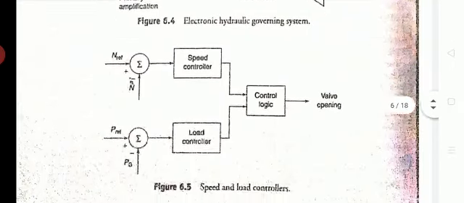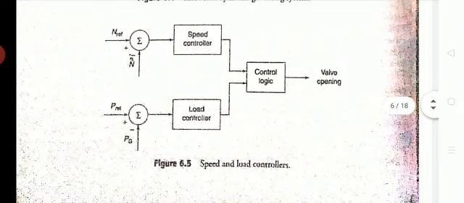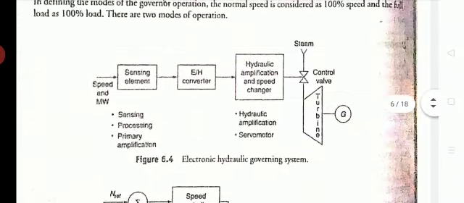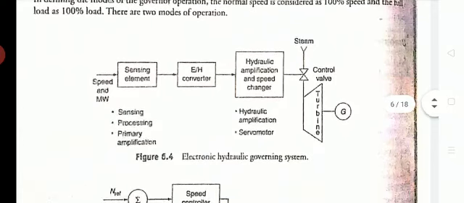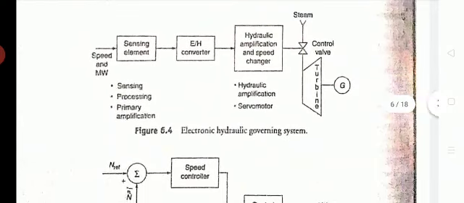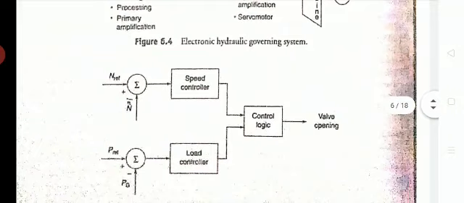In the governing system, this is how the governor operates with the speed and load controller. You can observe in the governor mechanism that a signal has to be given to the turbine in order to open or close the valve of the turbine. If you want to decrease the speed of the turbine, then I have to reduce the flow of steam over this valve shown in the block diagram. How much steam is to be given to the turbine in order to control its speed will be decided by the governor, right?